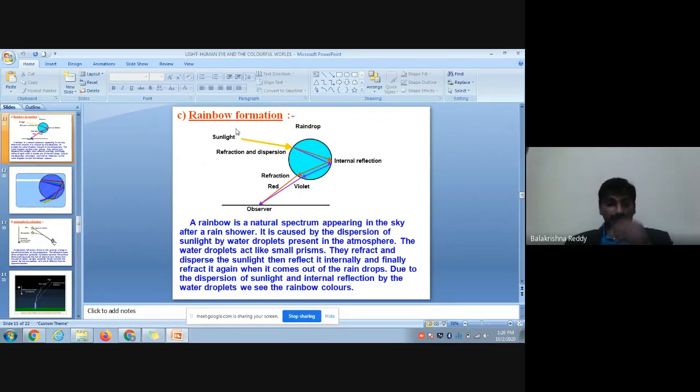Rainbow. In the previous video also we discussed it. Once again I am giving you a small revision of rainbow. See the sunlight which is entering one water drop here we are considering. Through this it will be entered. After entering it has refracted. Instead of refracting straight, it is reflecting back in the same medium because of the total internal reflection process.